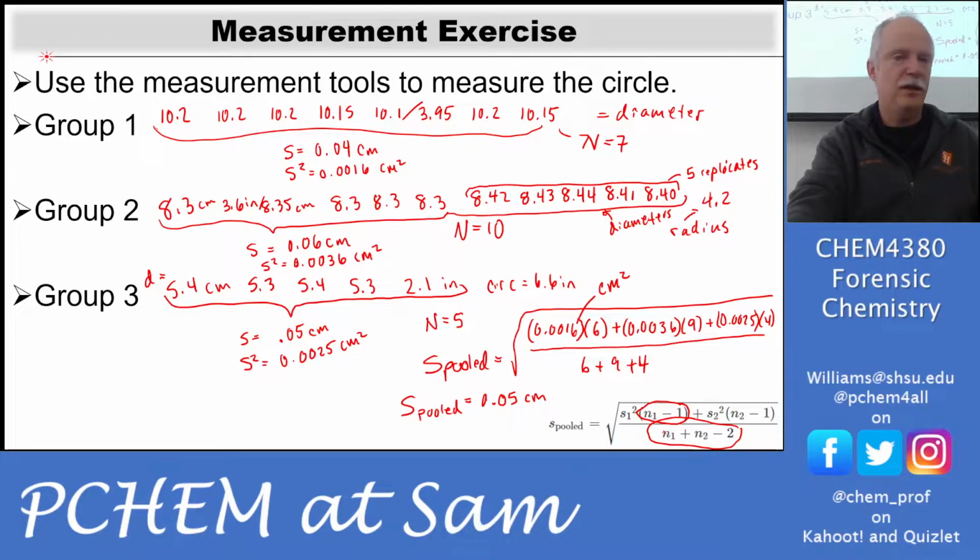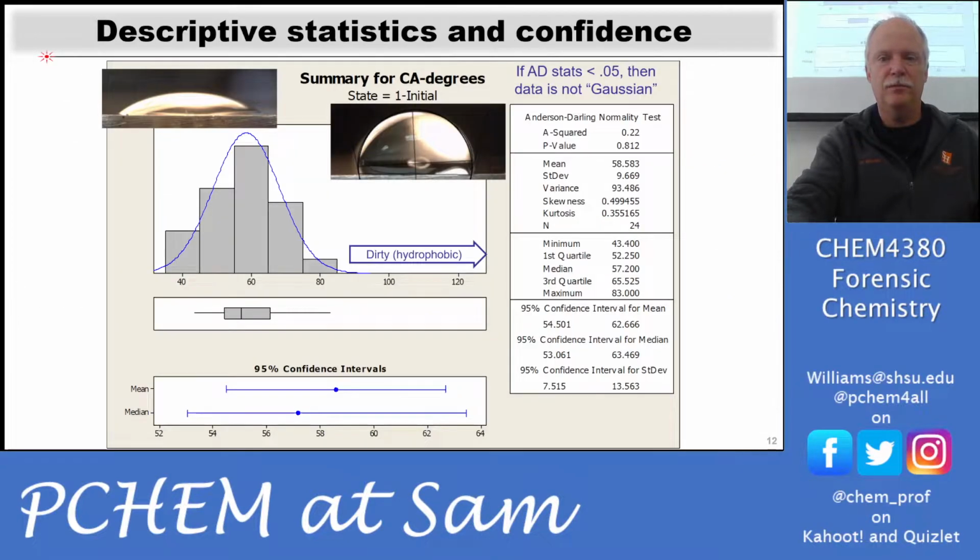Next time, we're going to start looking at some of the other precision values that we can use and ways of analyzing the different statistics. So we'll go through all of these values. We'll do propagation of uncertainty, and then we'll start looking at things like variance. We used variance today, which is just standard deviation squared. We'll look at skewness and kurtosis. We'll look at some of these normality tests and quartiles and confidence intervals. So we'll look at these statistical terms.